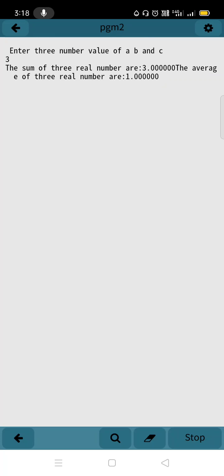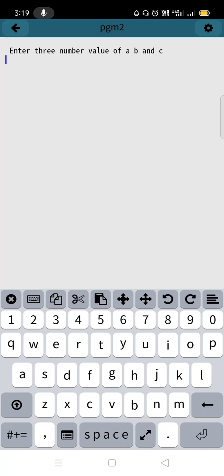Once again I will stop this program and run it. Give 3 space 3 space 3. What will be the sum result? 3 plus 3 plus 3 will be how much? Yes, 9.